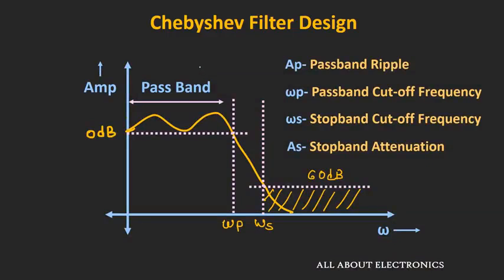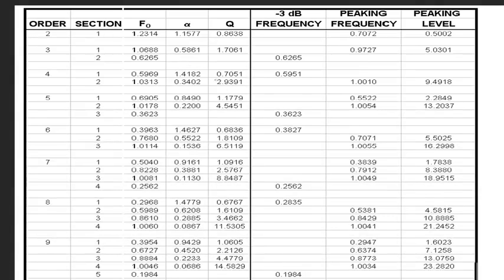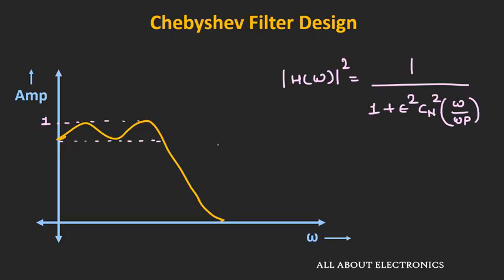Generally these types of filters are designed using filter tables. Here are some of the parameters which you will find in the filter table. In this video we will learn what these different parameters are, what the significance of all these parameters is, and how we can design our filter using them. Before we understand this filter table, let us see some mathematics which is involved with this Chebyshev filter. For the filter design, this mathematics is not at all required, but to get a better idea of this filter, let us see some of it.